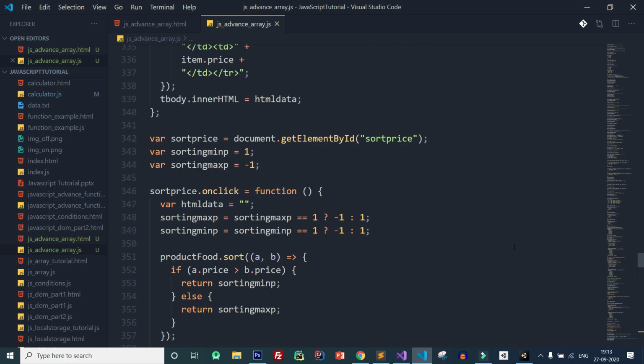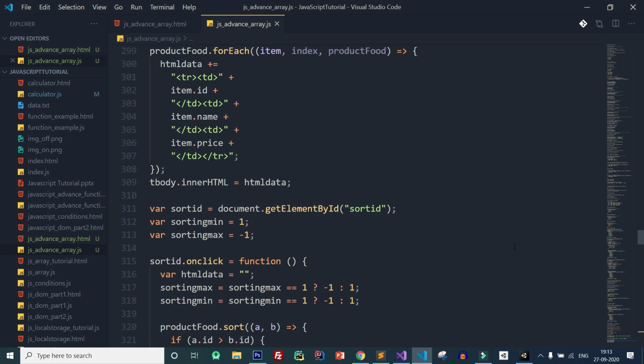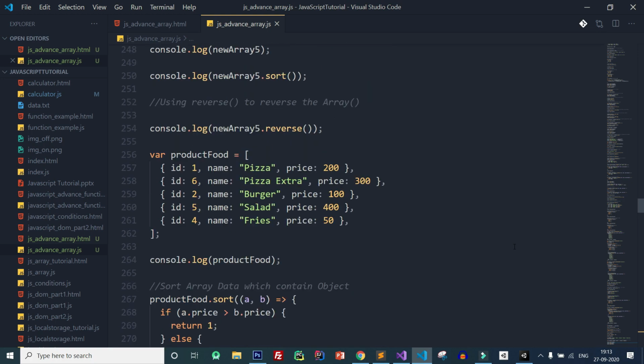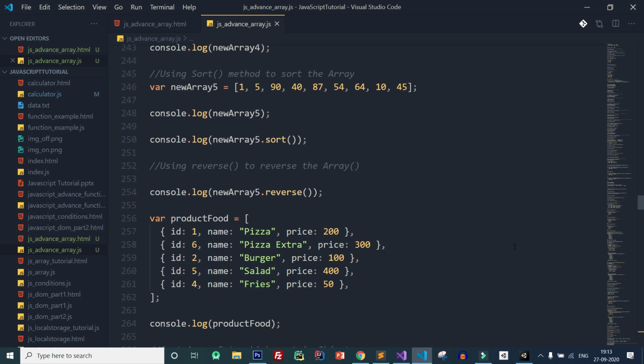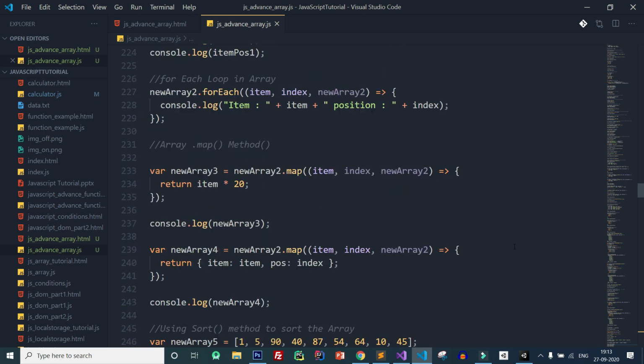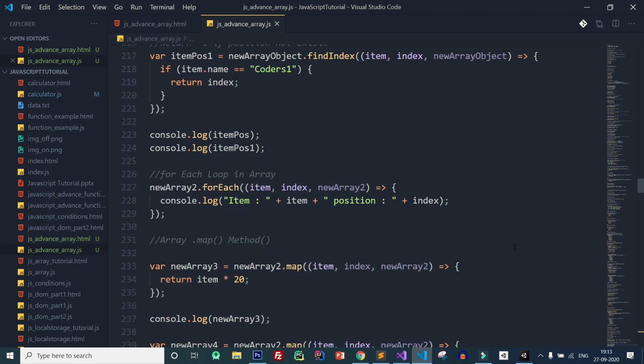After that I showed you how to use the sort method. Then I showed how to use the reverse method. Then I showed how to use the map method in an array. After that I showed how to use the for each method of an array.